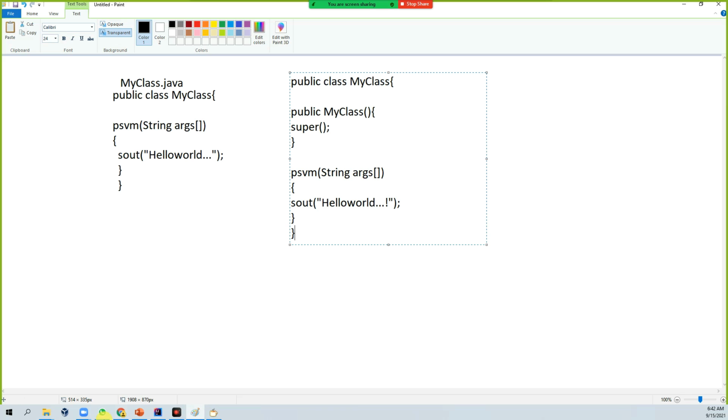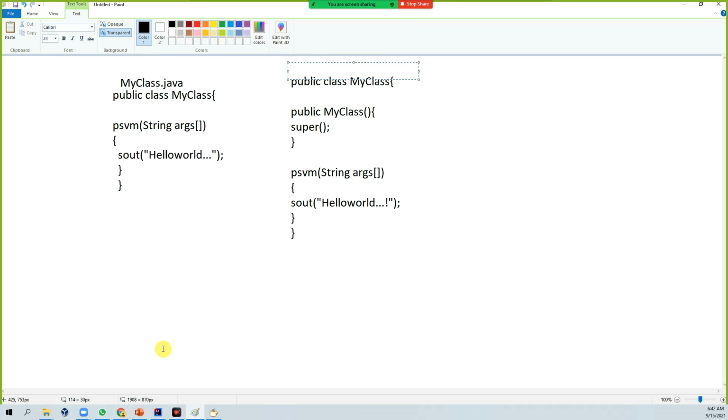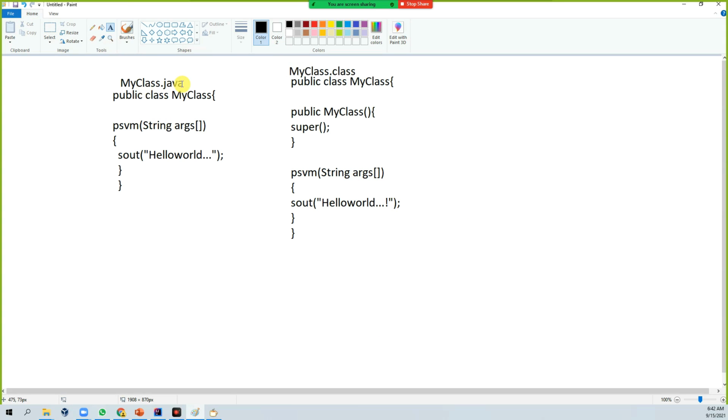Likewise it is created. This file name will be MyClass. Whatever you see on the left side is the source code, and this one is the bytecode.